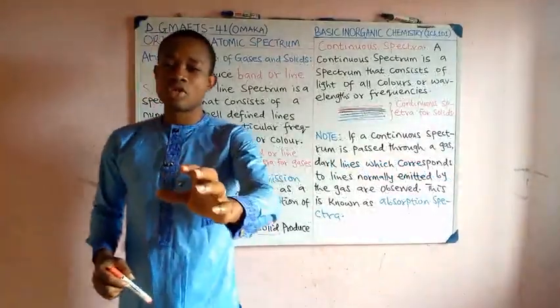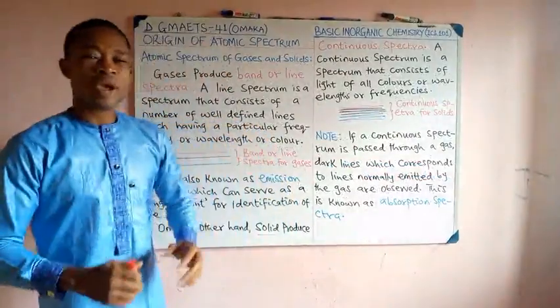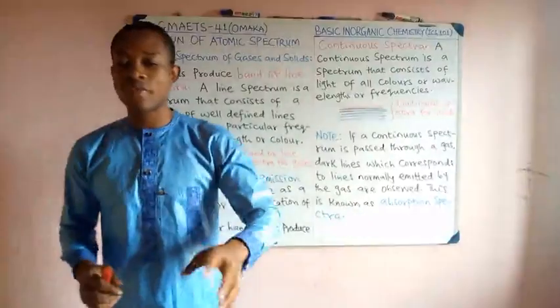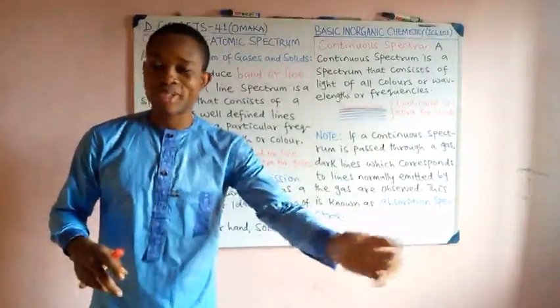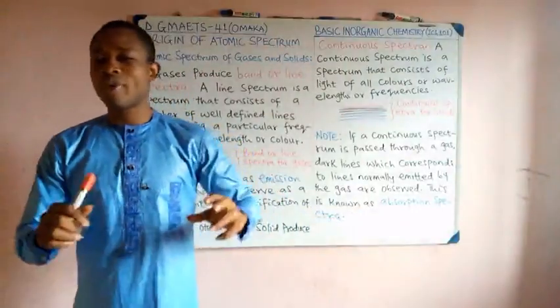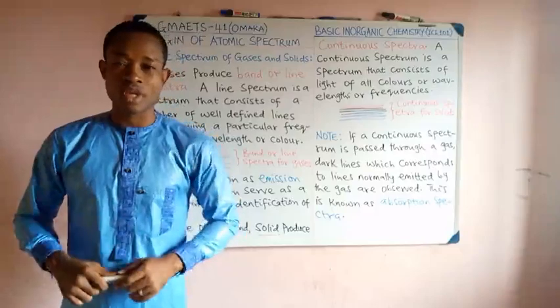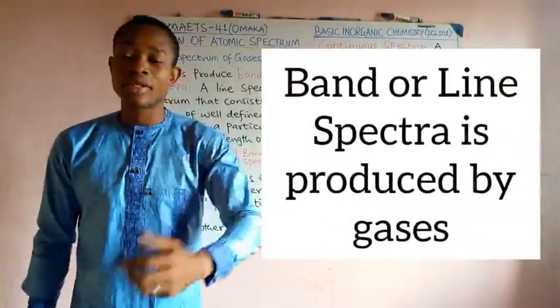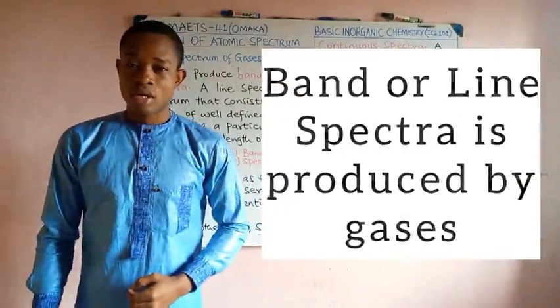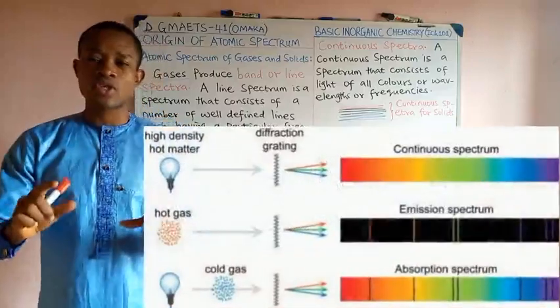Let us now give attention to the spectrum produced by a gas and that produced by a solid. Take note, we don't talk about the spectrum of liquid. Now, the spectrum produced by a gas is different from that of a solid. For a gas, the spectrum produced is known as band or line spectra. A line spectrum is one that consists of